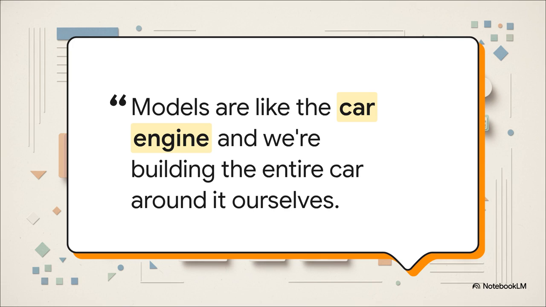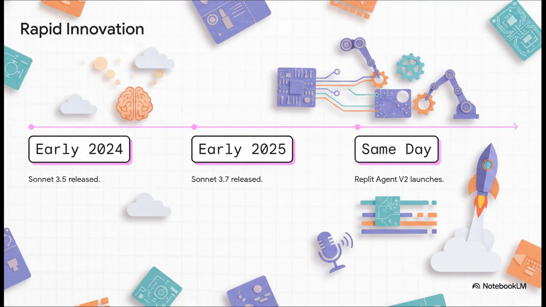So to make sure their car ran better than anything else on the road, Replit picked Anthropic's Claude to act as their powerhouse engine. And man, the timeline of this partnership shows just an incredibly rapid pace of innovation. Replit actually made the choice to go with Anthropic back in early 2024 when Sonnet 3.5 came out because, as they noted, Anthropic had kept the lead in having the absolute best coding models on the market.